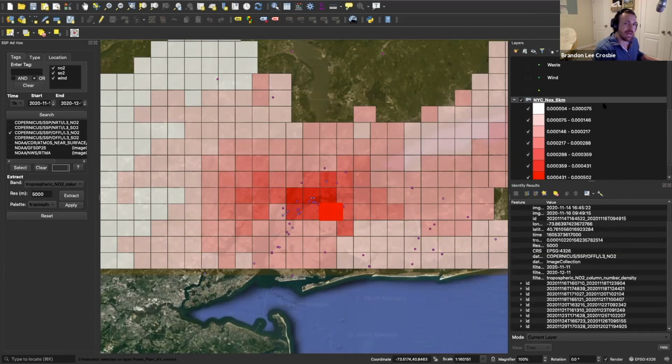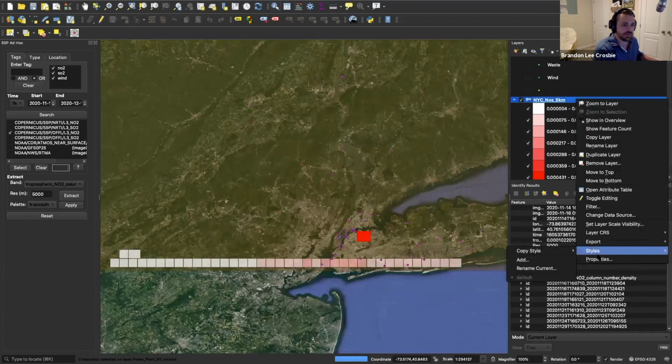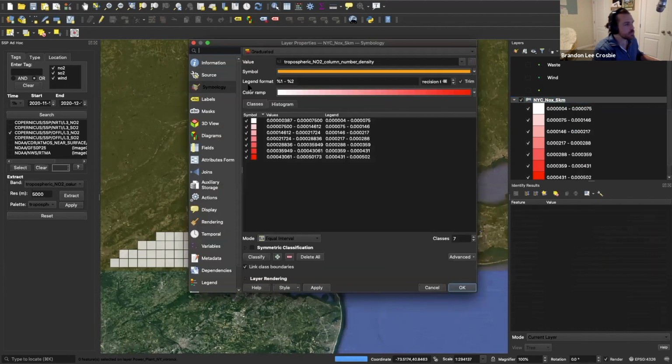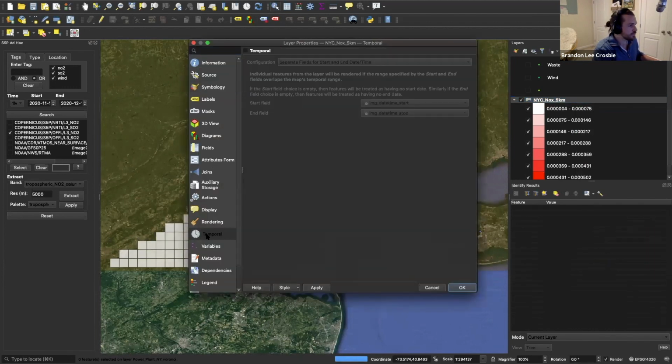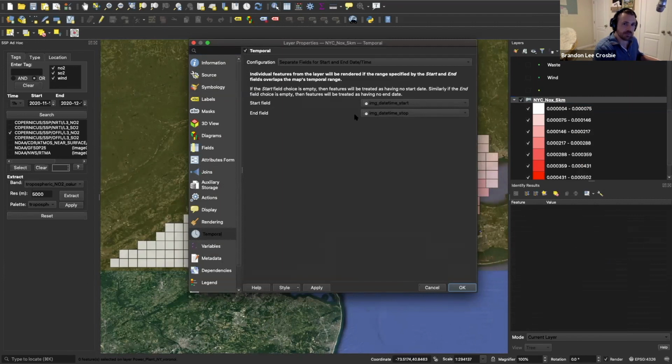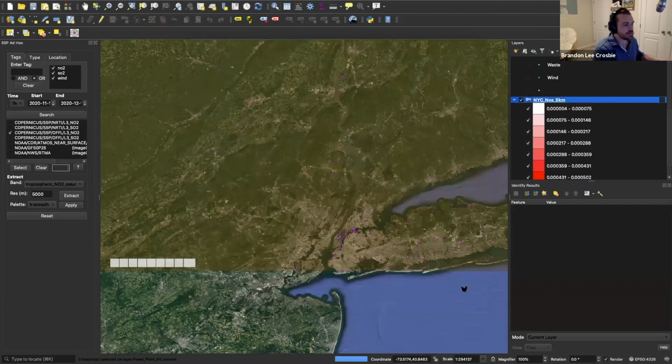So if I want to play that back, you can actually come in here to your properties and apply the temporal analysis to it. And I've included a lot of these timestamps so that you can do this. It's formatted so that you can use these tools in QGIS. So for these image collections, for Copernicus, it comes in this way where you can split it open and say this is the start and stop for that image. And then when I come to playback,